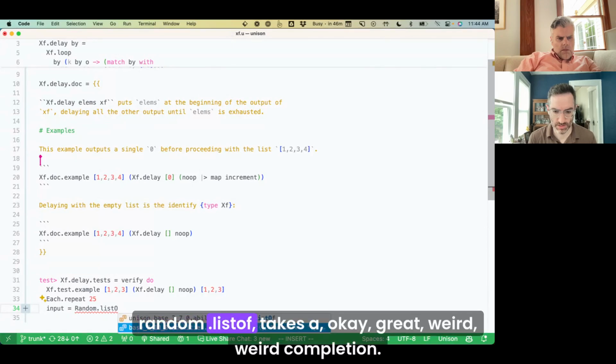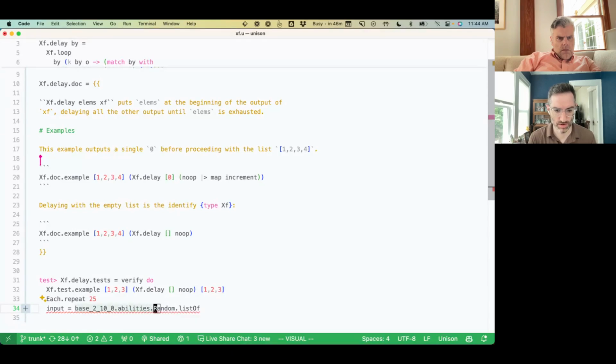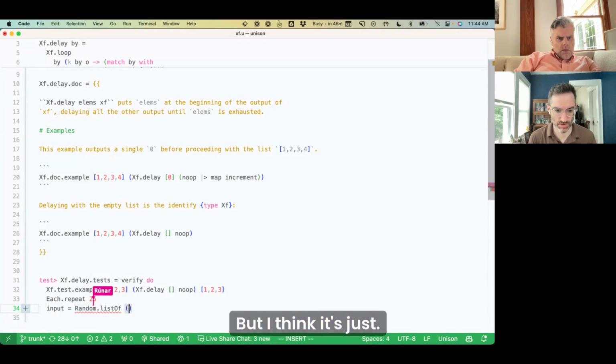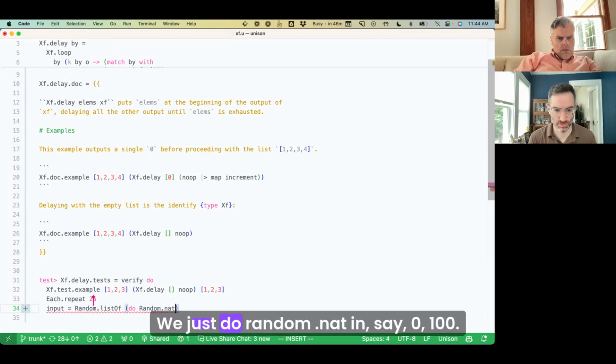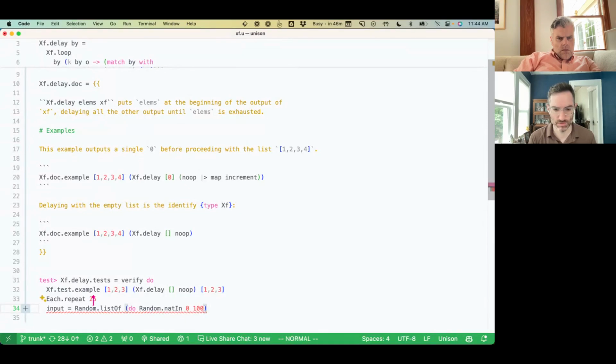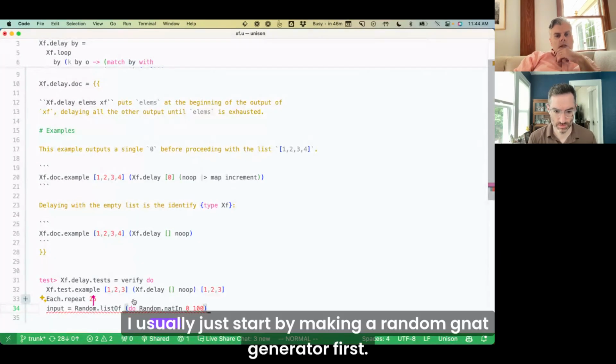Okay, random.list.of. It takes a generator. Okay, great. Oh, weird completion. I just do random.nat in say 0, 100. But where do I pick the size? I usually just start by making a random nat generator first.